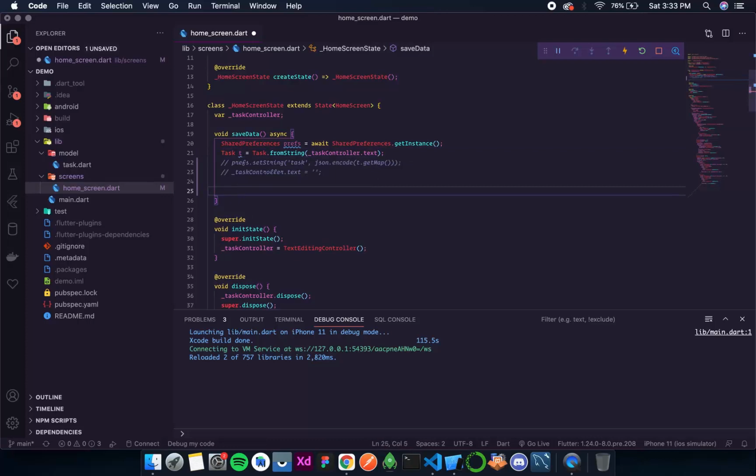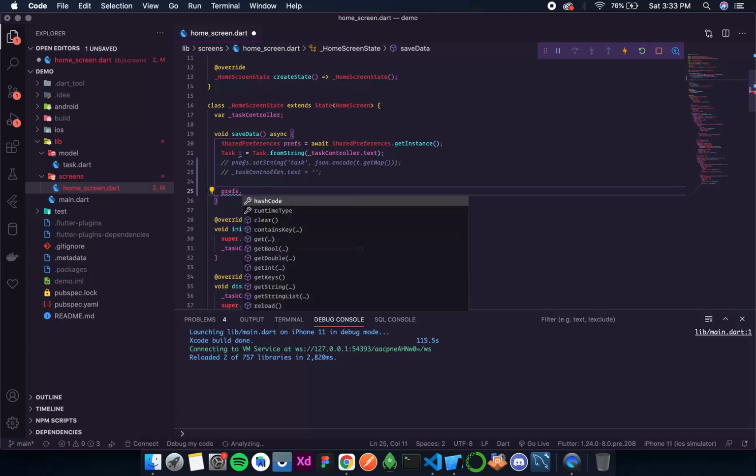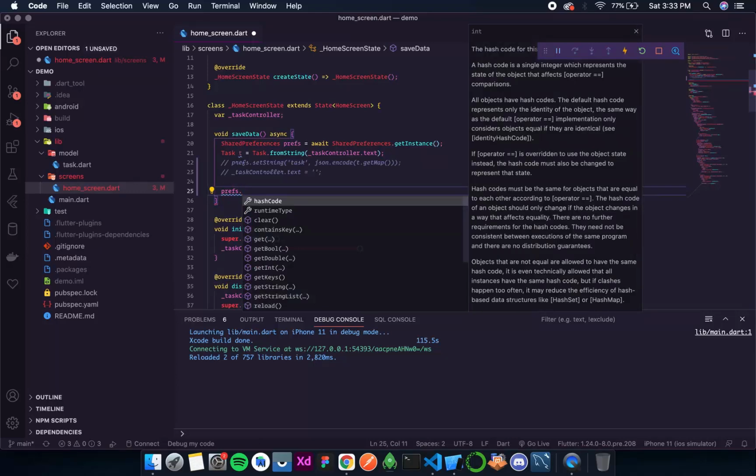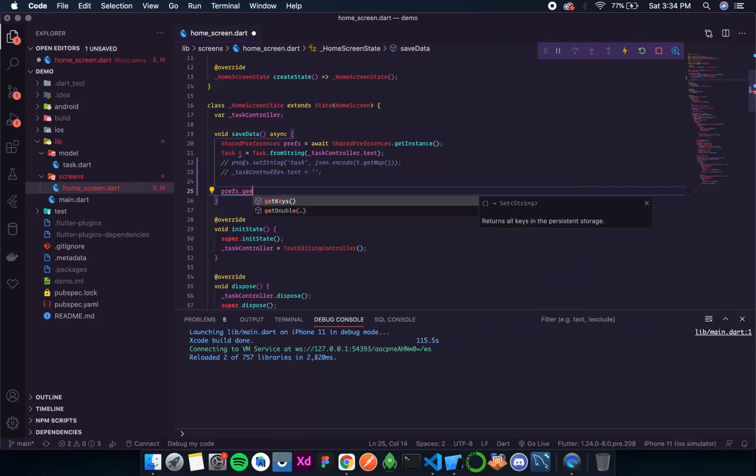So first we will get all the tasks. So prefs dot get, I don't know, it was get or yes, it was get string, I'm sorry, get string, and the string is task. Okay, and then when we get this, sorry, this is not a future, this returns a simple string, so we'll get a string over here, string tasks, and that is this prefs dot get string.